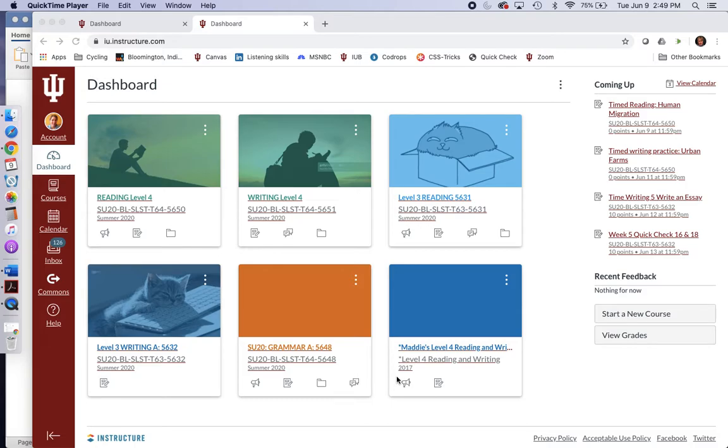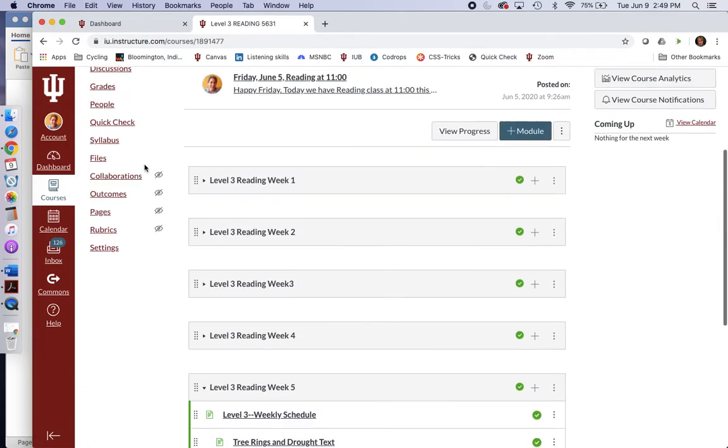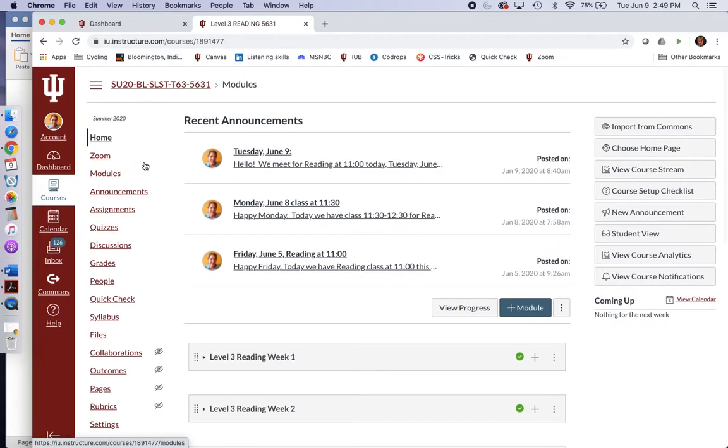Assignment in the new quizzes with Canvas. Find your course that you want. I'm going to use this one with the cat in the box. In your home page, or on your page on the left, you'll see the toolbar. And to start this quiz, you'll want to go to Assignments